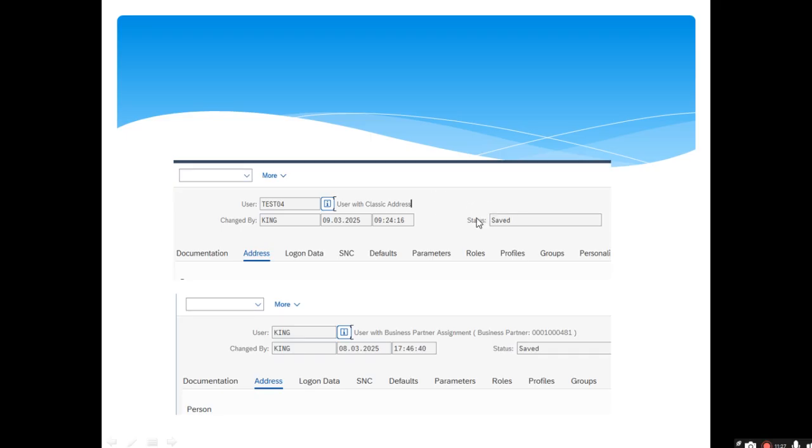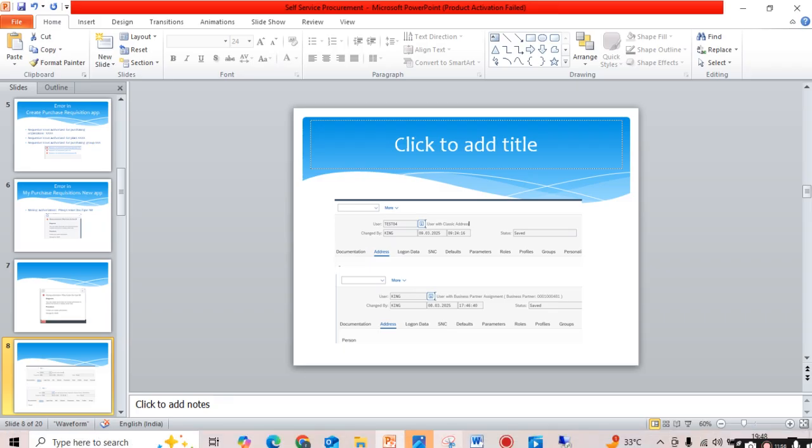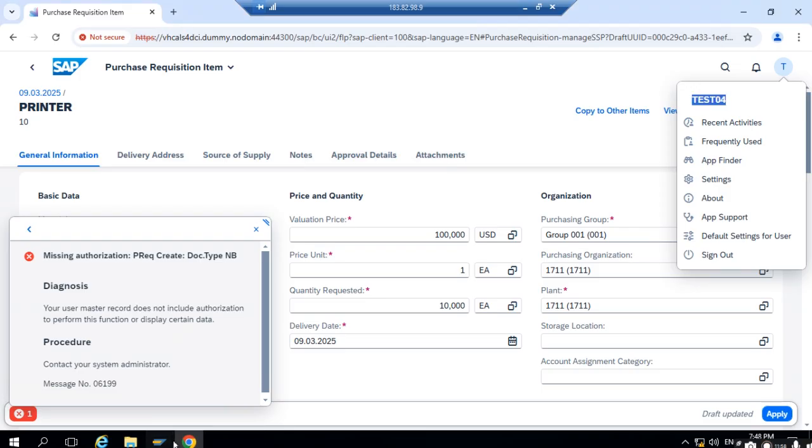Here it is not showing any business partner, but if you see the screenshot below, there is one user, KING. This user has a business partner assignment. It means against this user ID KING, some employee master data is maintained, and against that employee master data the system has created a business partner, and this business partner is linked with this user ID. So the business partner number is 1000481. So we'll go to the GUI system,